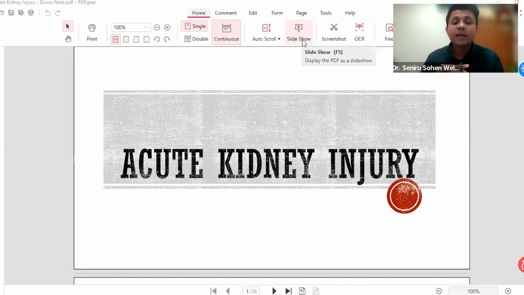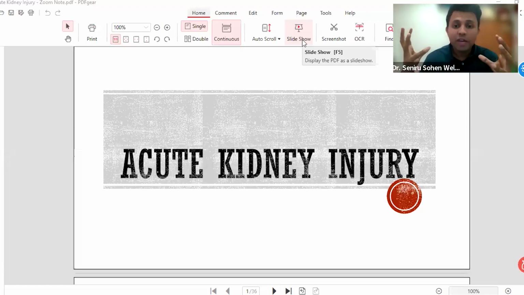Angiotensin 2 is important in producing both afferent and efferent arteriolar constriction in the glomerulus, but it causes more constriction in the efferent arteriole. So when there is significant constriction in the efferent arteriole, the glomerular pressure increases, and that will preserve the renal